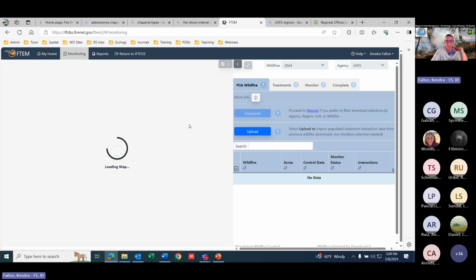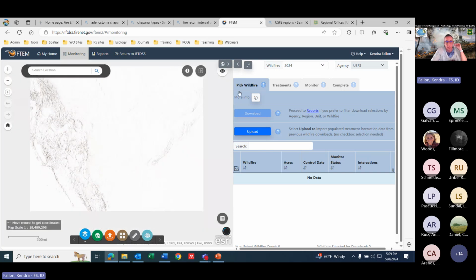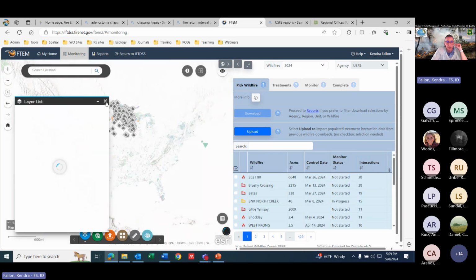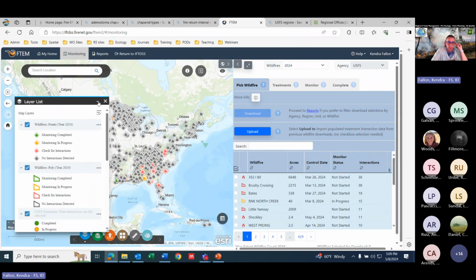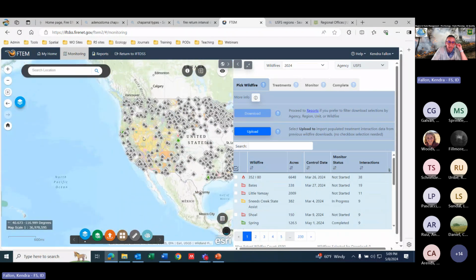Okay, so this is a split screen. It'll automatically start as a split screen. You can go ahead and hide that layer list that auto populates up. And one of the cool things is that this list over here is actually spatially related to the zoom in over here. So you have two options. If you know that a wildfire did interact with a treatment, you can go ahead and search for the wildfire right in there. And say I knew that it happened to be Bates,